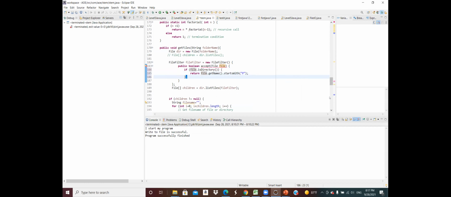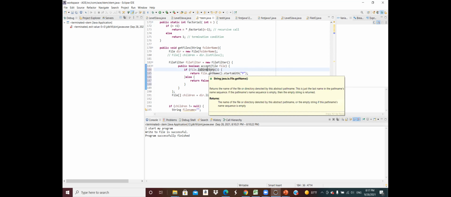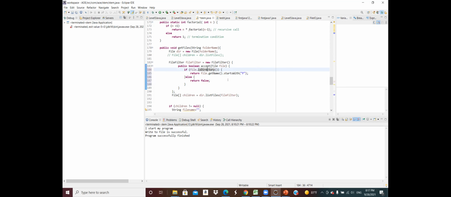And if this is not a directory, right, you will just say else, return false. Okay, so it's just a little bit more complicated. So this will make sure you filter for all folders, and the folder name starts with P. Do you get that,